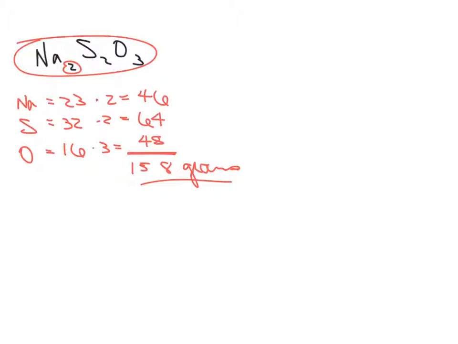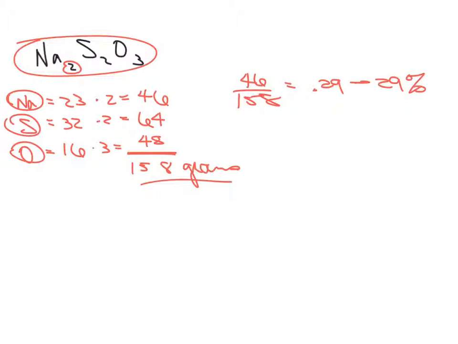Alright, so if we want to know what percent of the total each of these are, we would just take, like for the sodium, how many grams over 158. And that would give us a decimal, in this case 0.29. And then we'd change that to a percent, move the decimal place over 2, and 29% of that total here